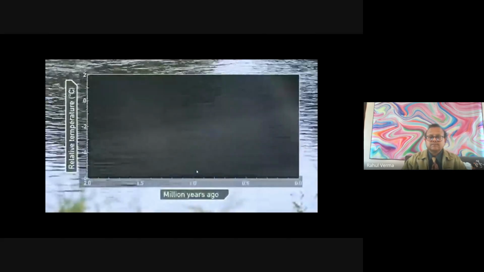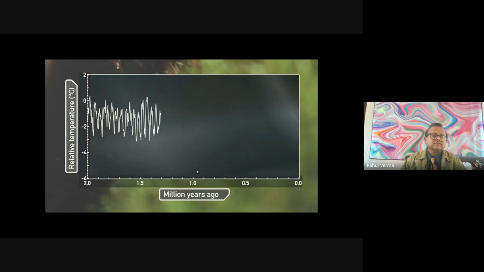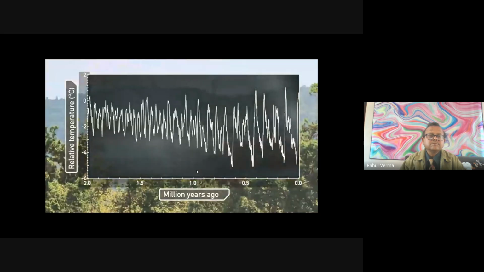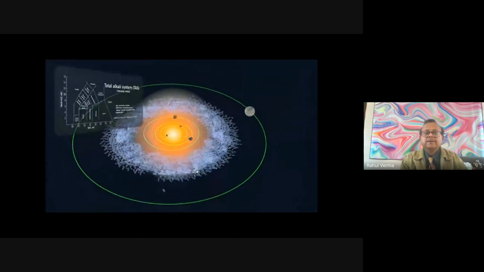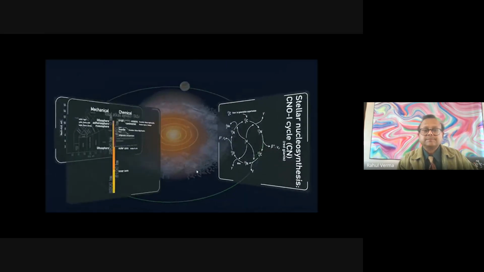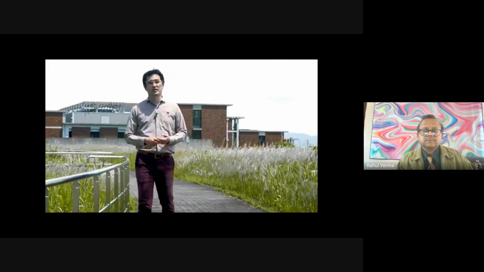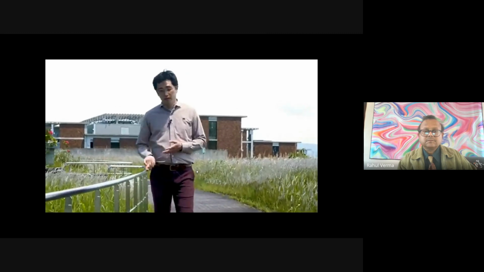Or consider this graph, which plots the Earth's average temperature over the past millions of years. How can we go back in time and measure this? Well, we can't. We need to look for the right chemical clues and know how to interpret them. So many of the chemical and physical principles that we've learned can be applied to the numerous questions out there. So in this course, I'll show you some of these examples. Then we'll take a look at some global or even planetary issues from a chemistry perspective. I look forward to seeing you in the Introduction to Geochemistry.